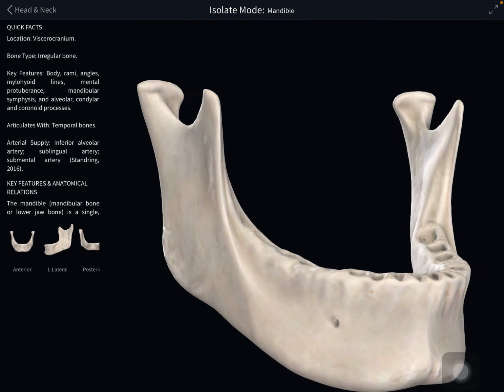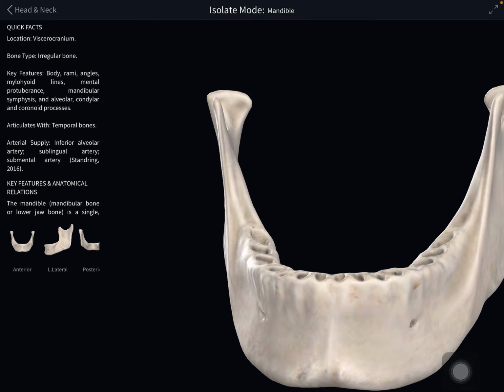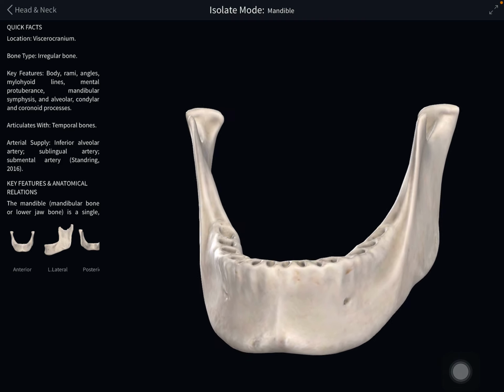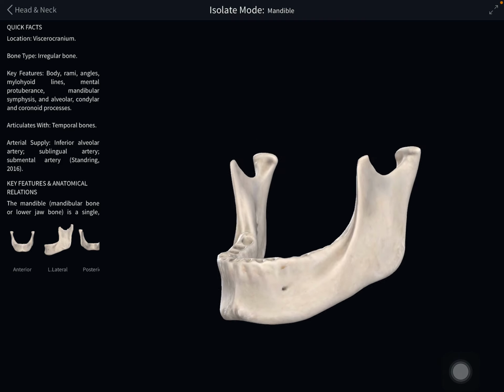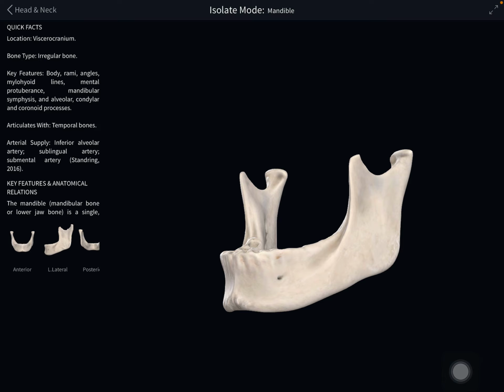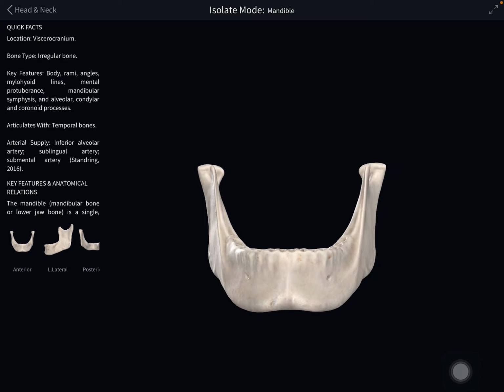Of the body of the mandible, we have seen in detail the external surface and the internal surface. The mandible consists of two parts, the ramus and the body, which meet at the angle of the mandible. The ramus consists of two surfaces, lateral and medial, and two processes, the coronoid process and the condylar process. The body consists of an outer surface and an inner surface. So we have learnt the details of the mandible in this class. We will continue with the osteology of the skull in the next class.